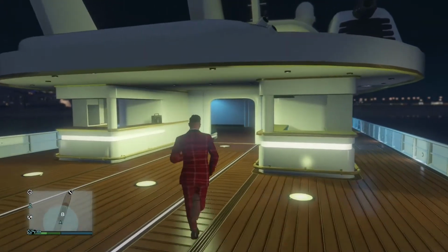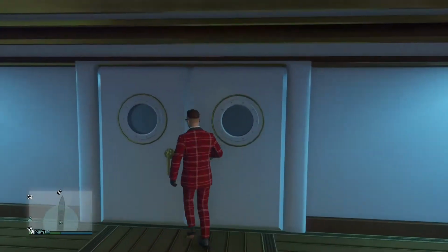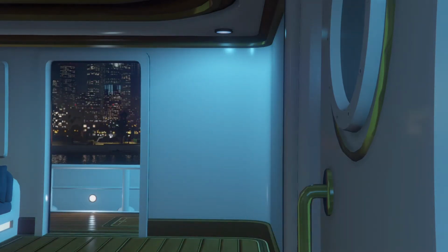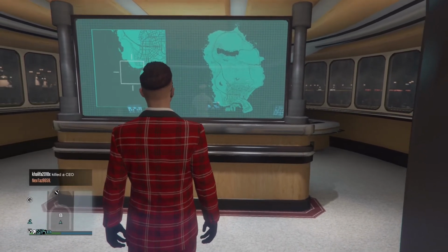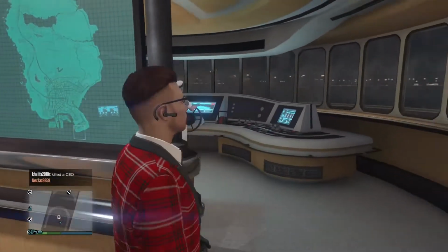In regards to the area within here, there is tons of seating. This is the one place if you want to host a big party or a big meet up. This is definitely a place to do it, especially as the old test night type track doesn't work anymore, so you have to do a normal public lobby. It's a lot handier,